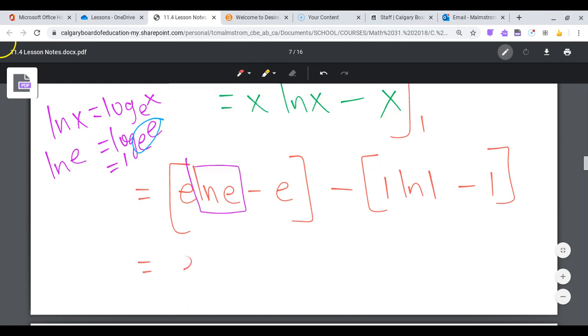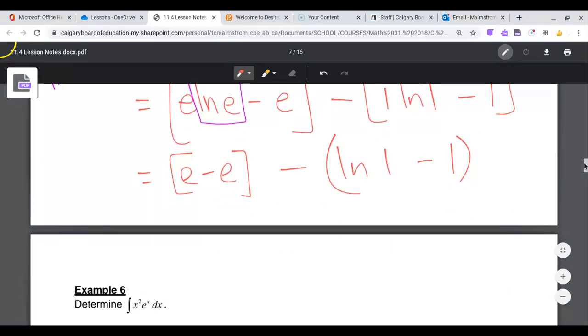So now I have e minus e, doesn't matter what e is, if you're subtracting them, that's going to be 0, subtract ln 1, because anything times 1 is 1, minus 1. Oh, sugar. Minus. Okay. And what does that leave me with? So let's think about log e of 1. Doesn't matter what the base is, this is going to be 0, right? So ln 1 is 0. You can put it in your calculator. So what do I got? 0 minus